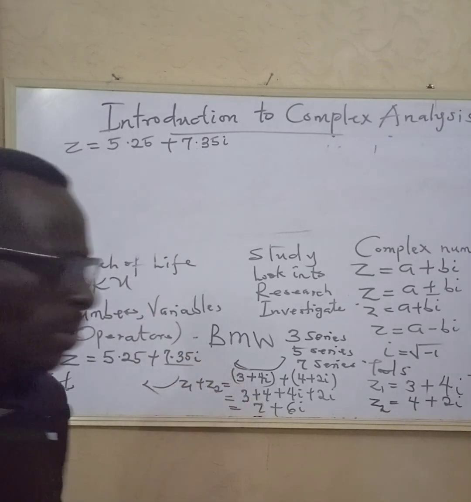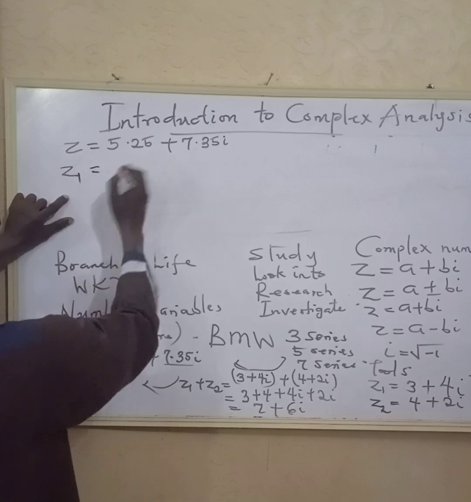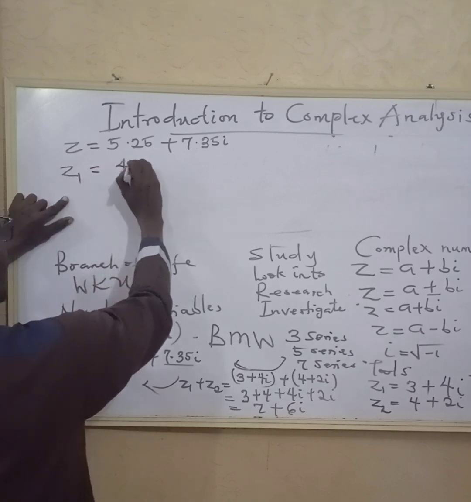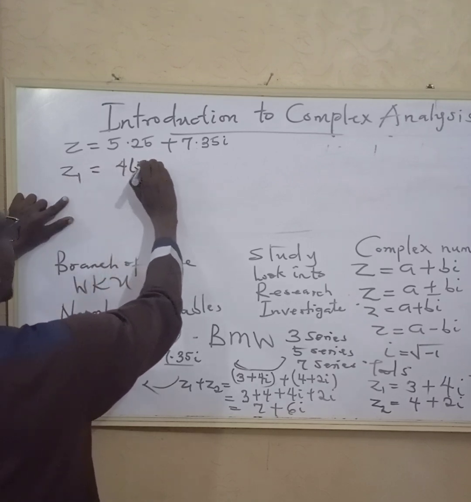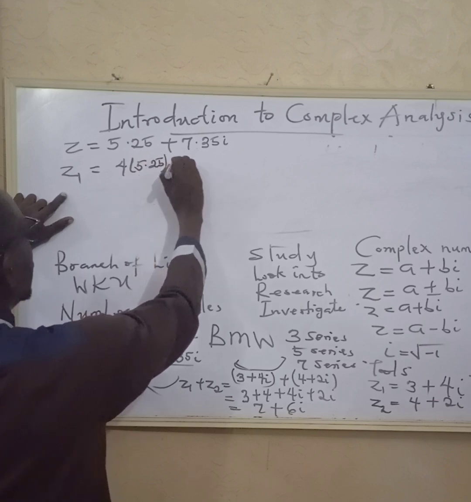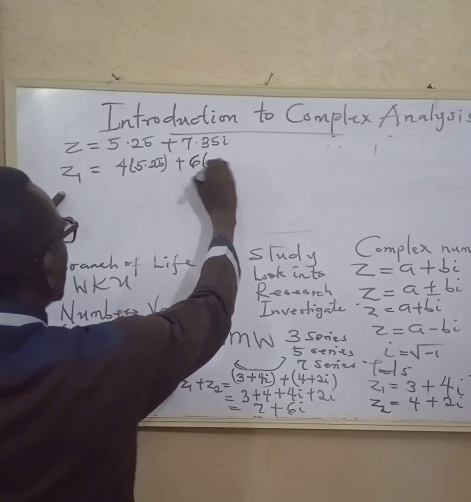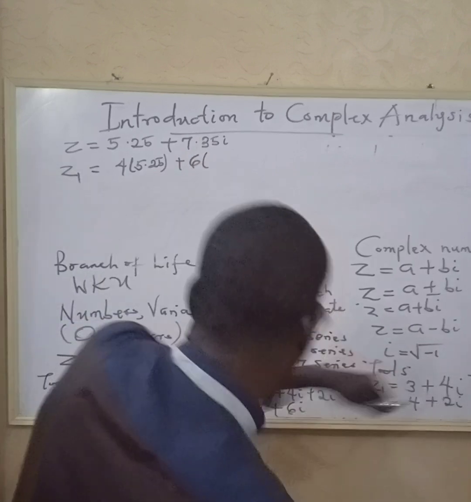When you look at the car lot, let's say car lot A, that is Z1, we have 4 of what? 5.25 and 6. Let's look into the same problem